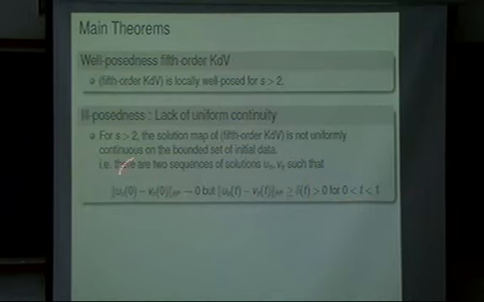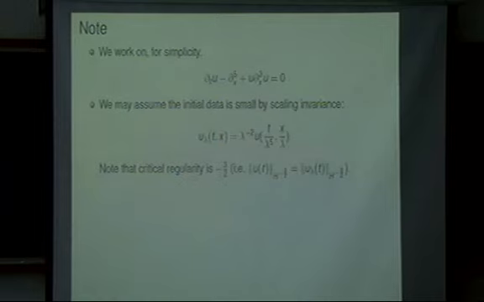Okay, so once we find such two sequences, then the solution map is not uniformly continuous. So the well-posedness theory is different from the KdV or the nonlinear Schrödinger equations. In the later argument, I'm going to make some notes. I'm going to work on this simplified form. I just omit the intermediate terms, but in the theory, it's not quite important. For simplicity, I'm going to just look at the hardest nonlinear terms. And by the scaling argument, we can also assume the initial data to be small.